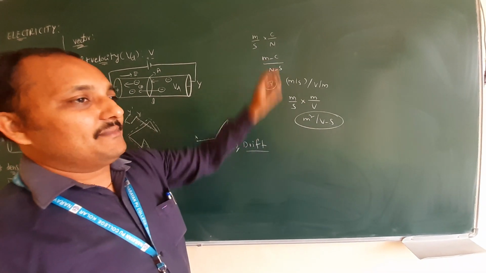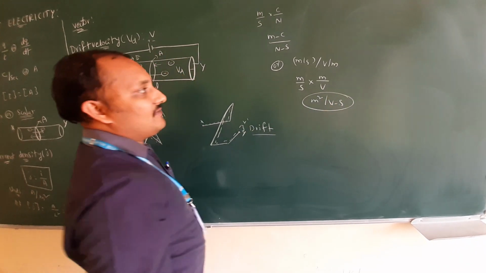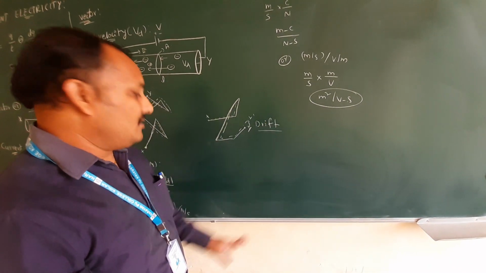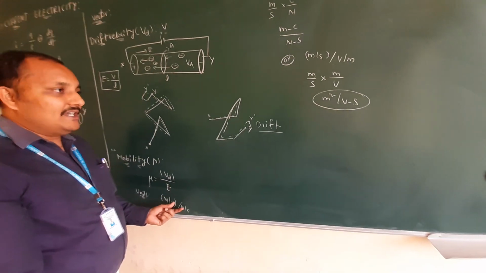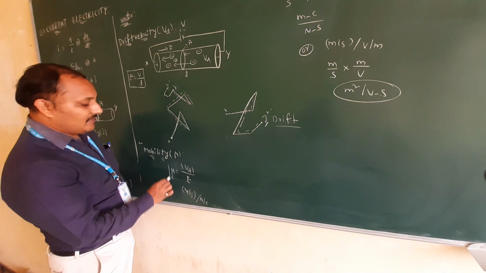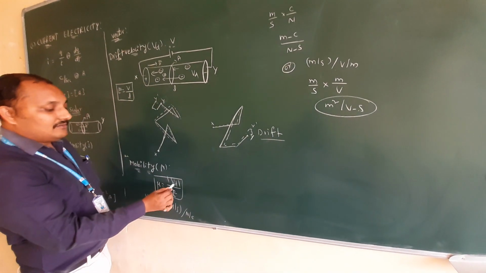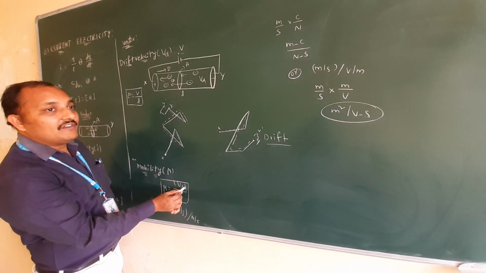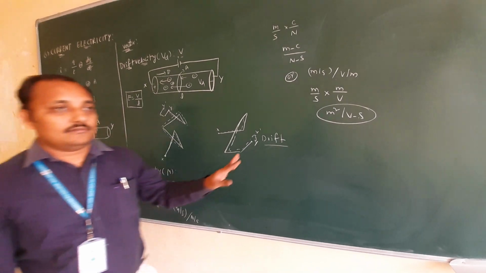If you write the dimension formula, I am not writing it here. You can try to write it. Already you came to know all these dimension formulas. This is about mobility and units. Once you remember the definition, you can write the units on your own, because some people will write units like this, some people will write like this. So the definition is this one: the magnitude of drift velocity per unit applied electric field intensity is called mobility.